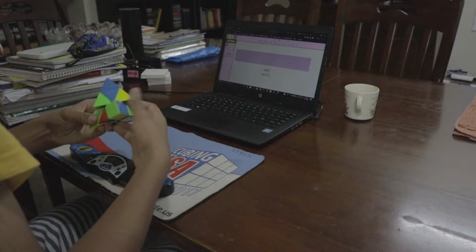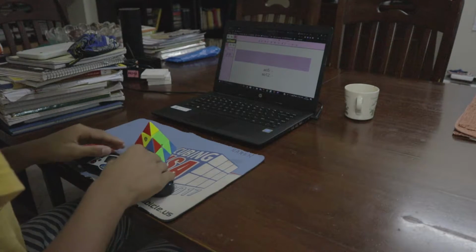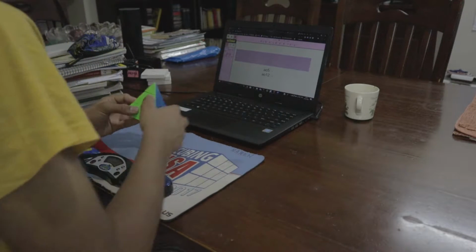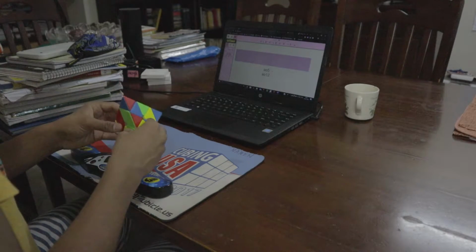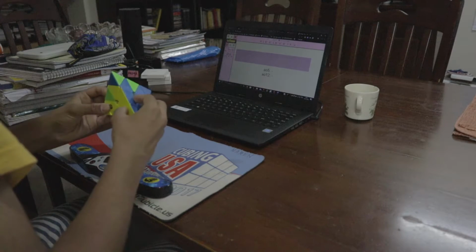Today, I will be talking about how to get sub 5 with beginner's method on Pyraminx. When it comes to shorter events such as 2x2, Pyraminx, or Skewb, getting faster has a lot to do with learning lots of algorithms. As for each event, there are many different sets of algorithms that can be used to completely solve the puzzle from a common state each time, such as a layer for 2x2 or a V for